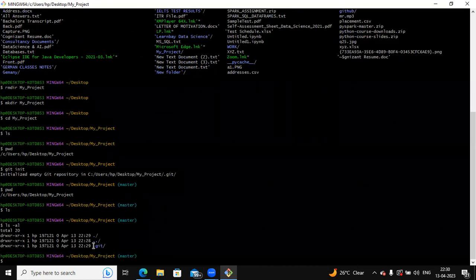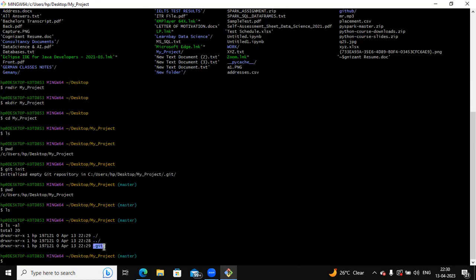Okay, so you can see here there is a .git folder. This is the folder that makes a folder a Git repository. Now my project works like a Git repository. It's not a normal folder. And now, once we have done the Git initialization, we create a file f1 using